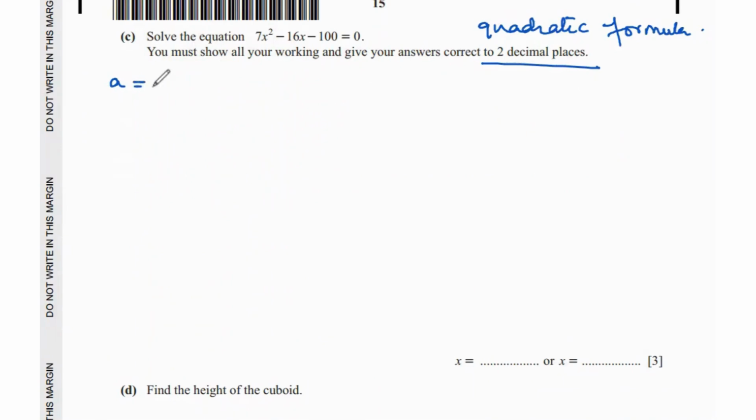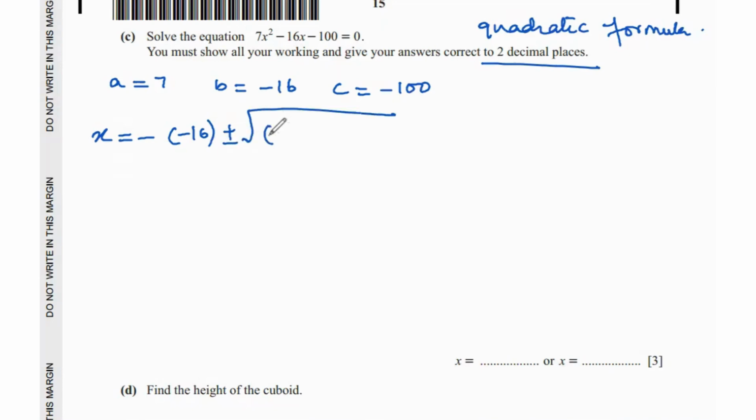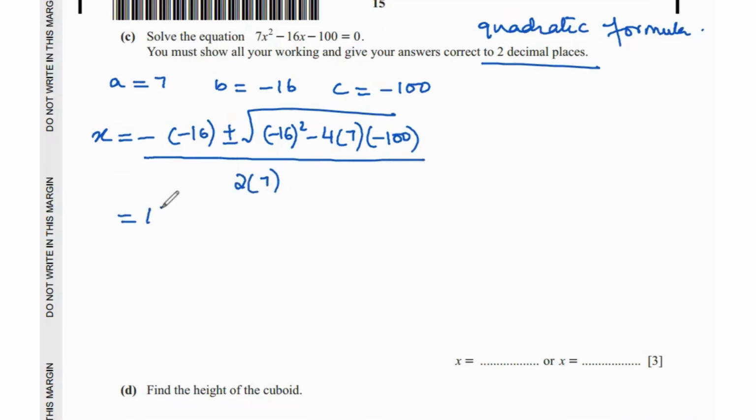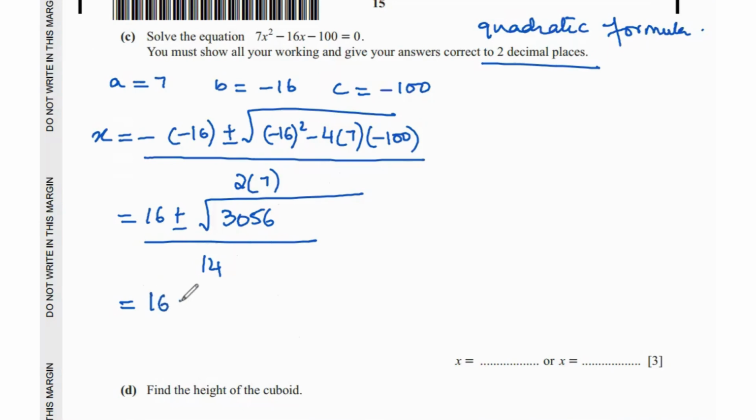So A is 7, B is negative 16, and C is negative 100. A is the coefficient of x squared, B is the coefficient of x, and C is the constant. So x equals negative 16 plus minus root of negative 16 squared minus 4 times 7 times negative 100 over 2 times 7. That's going to be 16 plus minus root 3056 over 14, which becomes 16 plus minus